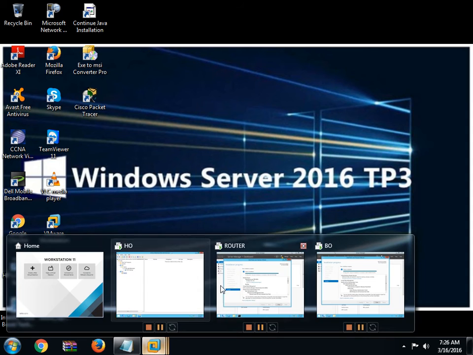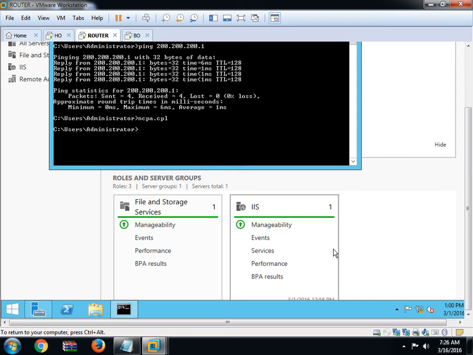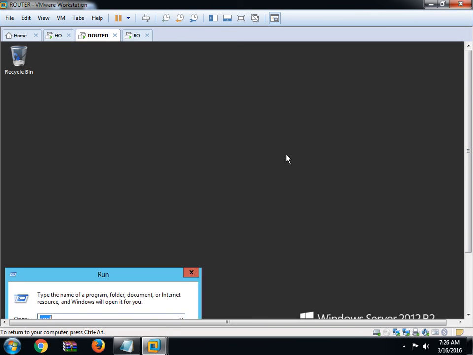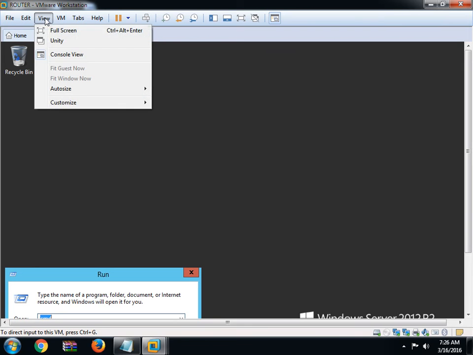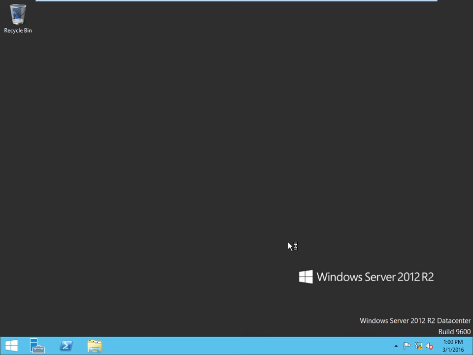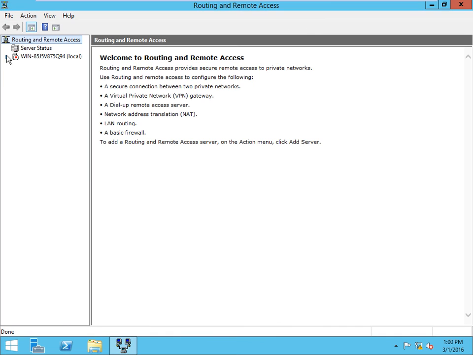So guys, open the router system. The role is over, close. Here give rrasmgmt.msc to open Routing and Remote Access. We have to configure it so that this device behaves like a router.